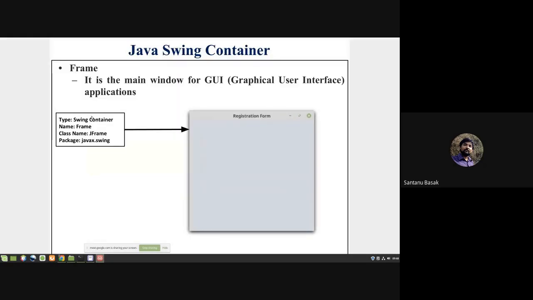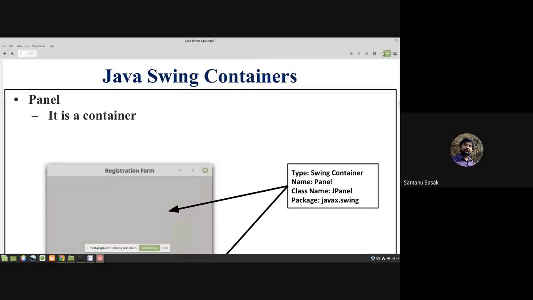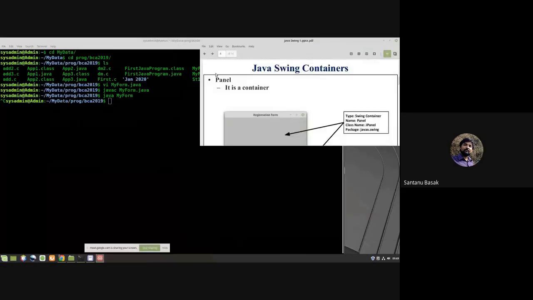This one is the main container. Within that main container we have added two panels. In our program at this moment I will add only one panel. Here the colors of the panels are different so that we can recognize the two panels. So our aim is simply to add a panel in our GUI application.